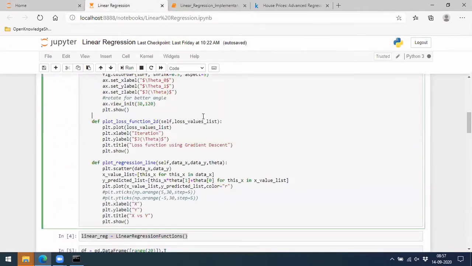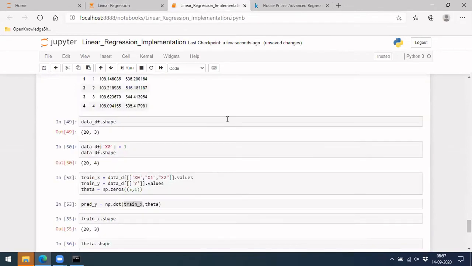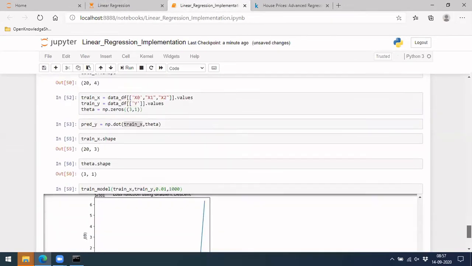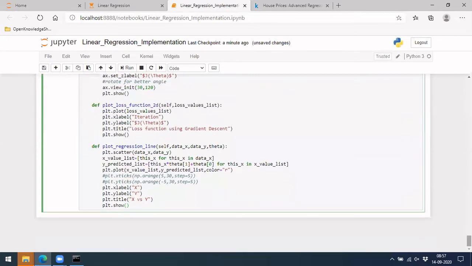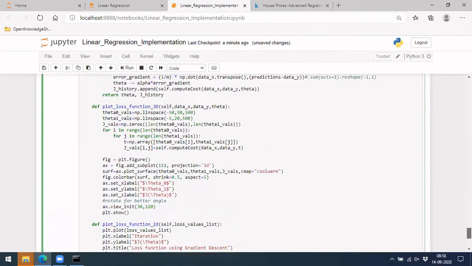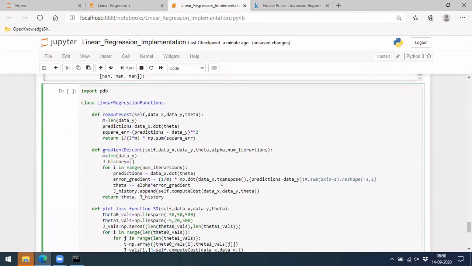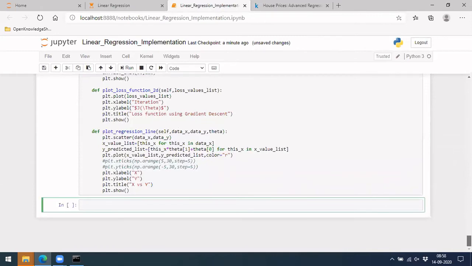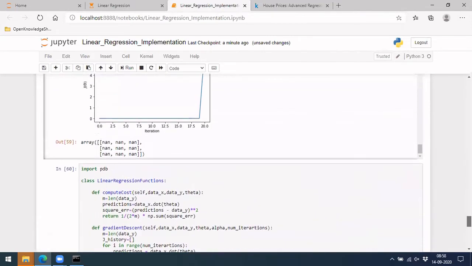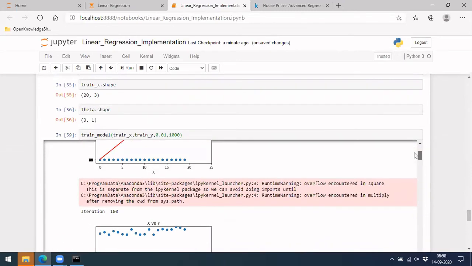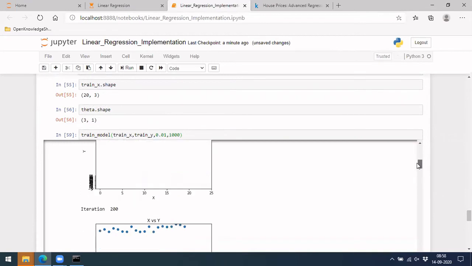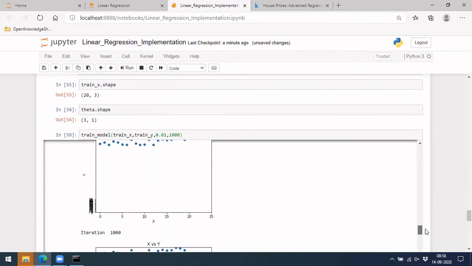Let's take one thing. I'll take this and keep it for it. Both are the same implementation, but when it is in a class, you won't get, what you say, maybe some value implemented here may be taken from outside. Such kinds of issues can come up. So let me run with this. Once you are running with this, the plots won't be of much use because we need to plot from x1 as well and x2 as well. So in this case, the plot won't be of much use.